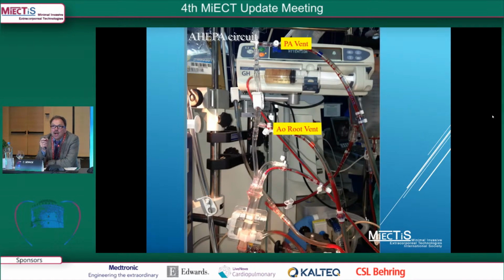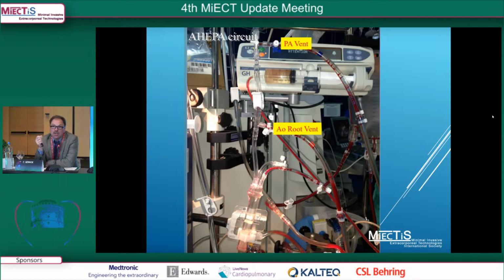You turn the stopcock to open up the vent, and you'll actively start venting. Any air would get trapped in that bubble trap, and you can take that out either through